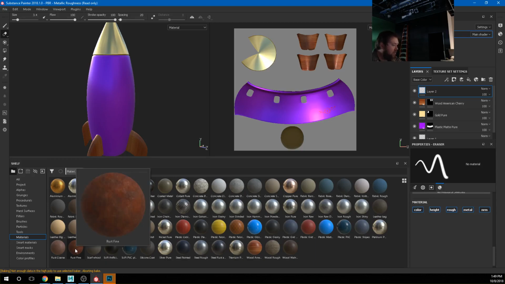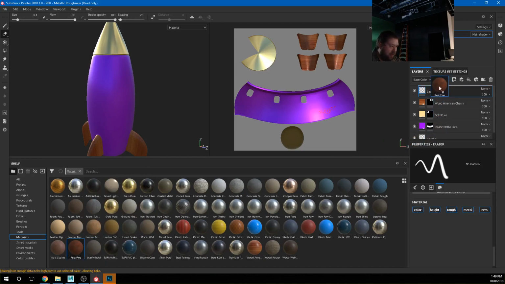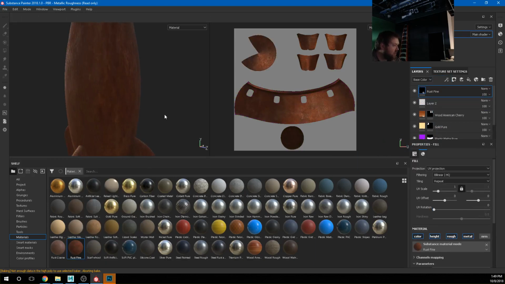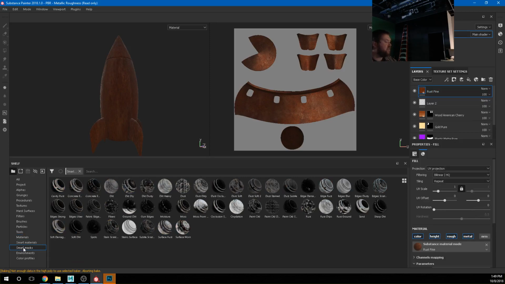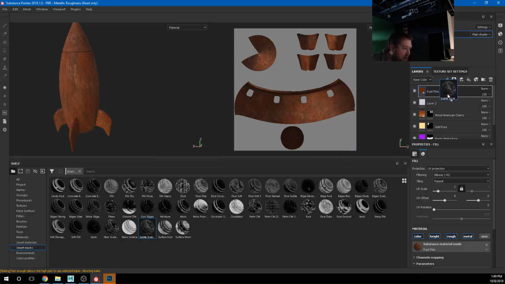I'm going to add rust fine just to the top of this, right? And so it puts rust all over everything, right? And then I'm going to drag a mask on there. So what I have been doing is just adding a black mask. Instead, I can use these smart masks. So when I baked the materials, that's why we did that, so these smart masks will work a little more effectively, right? And so for little things like subtle scratches, I could drag that onto my fine rust,